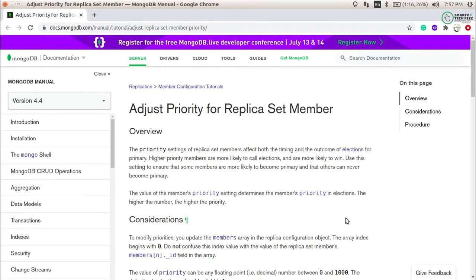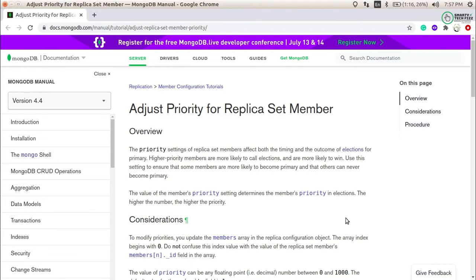But in some cases, while configuring the replica set member, we provide the priority to the nodes. So what will happen is, any node with the higher priority, let's say we have three nodes, one with 0 priority, another with 1, and the third node with priority 2.